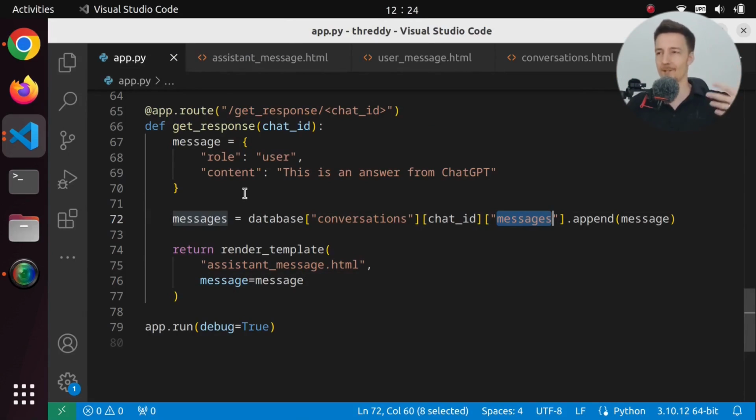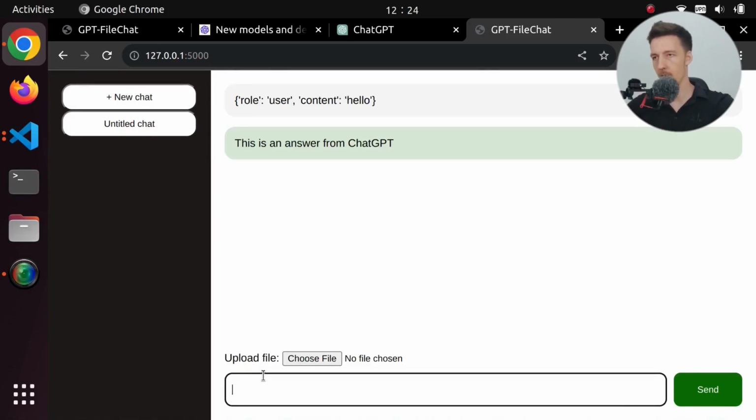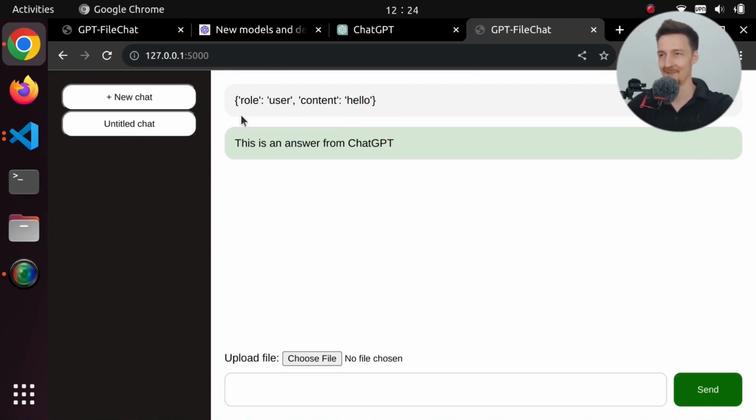I mean, I guess it's a database. It's an in-memory database. So let's refresh. Let's create a new chat. Let's say hello. And what is this? Why is it like that? Let's refresh and let's open it. And okay, we saved it, but